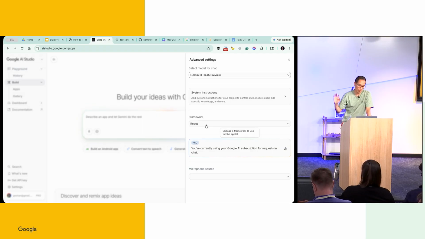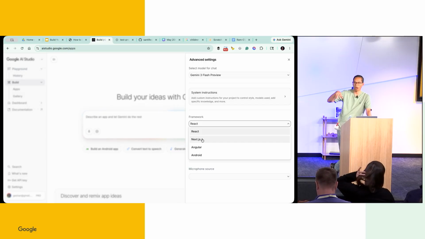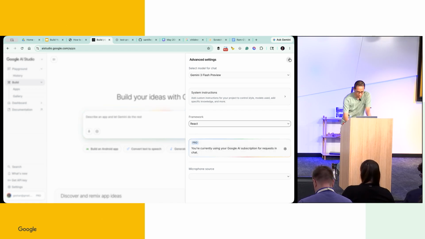For the framework, just choose React for now. Google AI Studio has recently added Next.js as well, so you can have auth and backend stuff with a Firestore database. But for this particular app, we're just going to make it simple. It's a front-end app, React only. Yeah. So once you have selected these things,